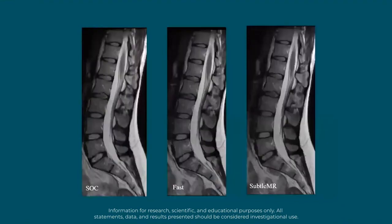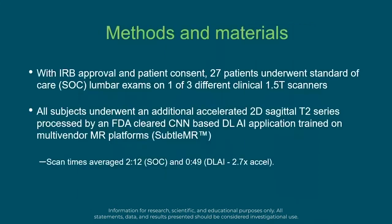In this example, you can see the conspicuity of the conus on the subtle enhanced image on the right side when compared to the standard of care. With IRB approval and patient consent, 27 patients underwent standard of care lumbar exams on one of 3 different clinical